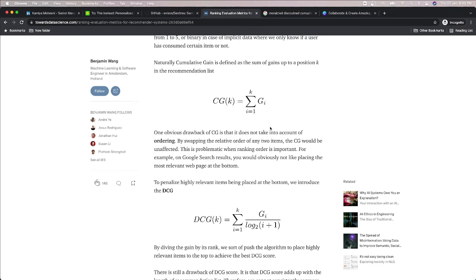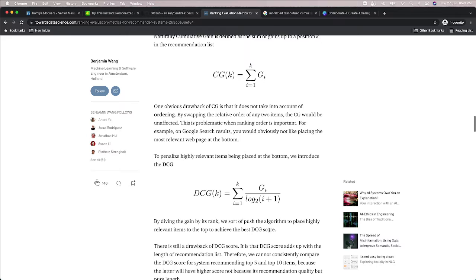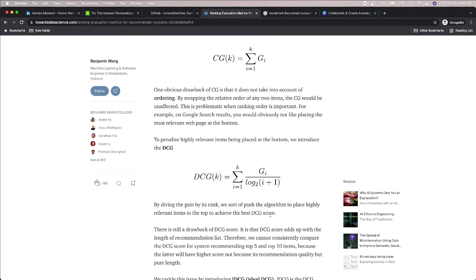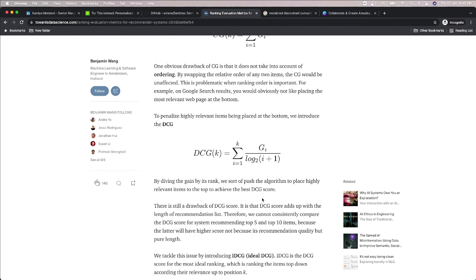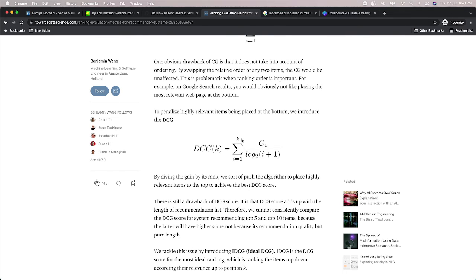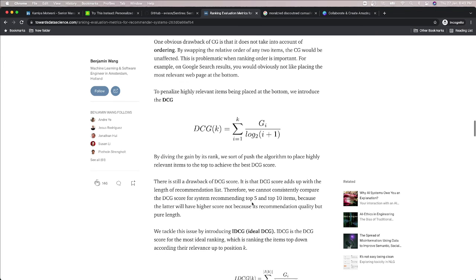To take the order into account, we do DCG, where we divide by a function of the rank, so that the relevancy score of initially ranked items matters more, which is log of i plus 1. Again, what we see is we have ranked these scores. But then again, there is one important attribute missing. If you have a list of 5 and a list of 10, if we change the value of K, this is not standardized across those. So to standardize it across different lists,